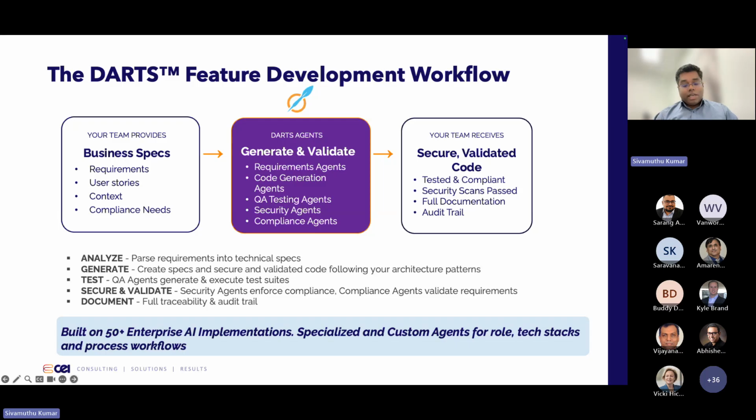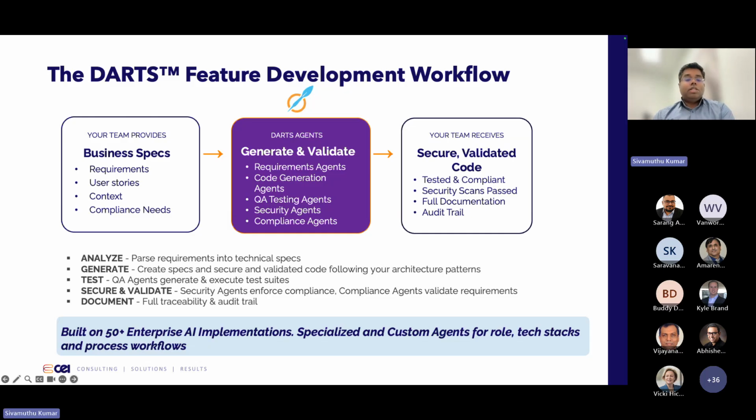We have also built specialized and custom agents for a role, tech stack, and process. So you can have a developer agent to do the development, and you can have front end and infrastructure developer agents to do the front end and infrastructure specific tasks. And if you want to modernize COBOL to a new technology, we have a COBOL agent that understands the COBOL language. And we have process specific agents as well, so it can take you through the modernization and migration process, which has a certain set of tasks to execute.